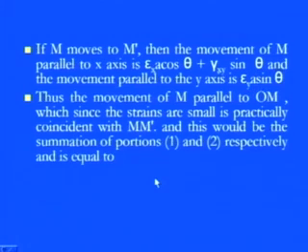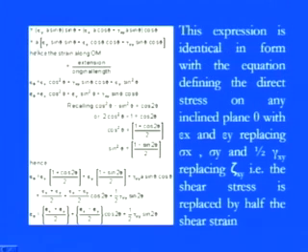Thus, the total movement which we want to calculate parallel to OM, since the strains are very small practically, and we are considering that it coincides with MM dash, would be a summation of portions 1 and 2, which is equal to, pretty simple, epsilon y A sin theta into sin theta plus epsilon x A cos theta plus gamma xy A sin theta, multiplied by the resolution component A cos theta. So, if we resolve this part, the strain along this particular OM equals the extension due to the combined effect of axial as well as shear strain, divided by the original